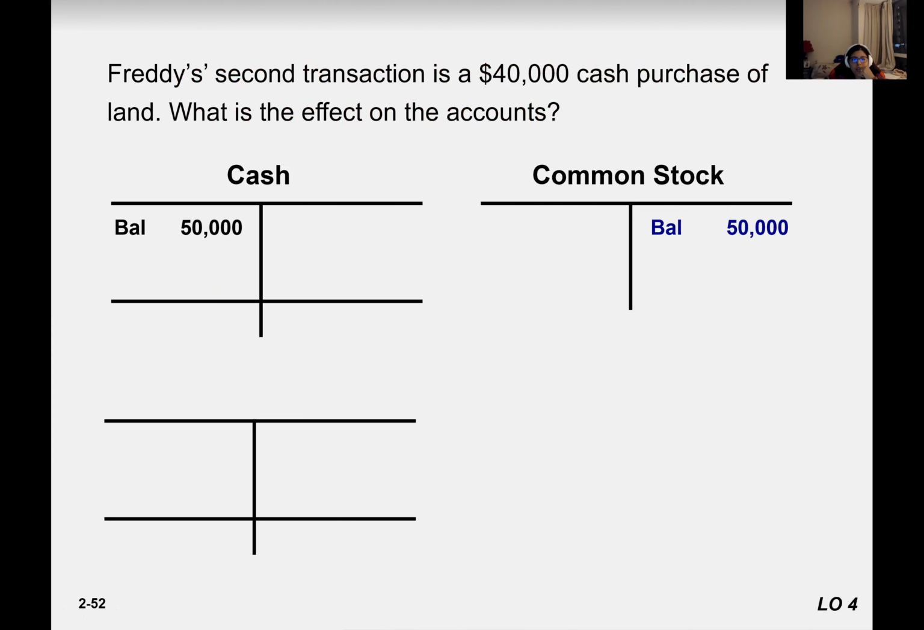Second transaction would be 40,000 cash purchase of land. Cash purchase of land. Which two accounts are hit? So after this transaction, we are going to wrap up. Any transaction hits at least two accounts. Of course, cash is going to be there. And then there's going to be which account? Land account, right? So do we already have a land T account? No. So we make a new land account,